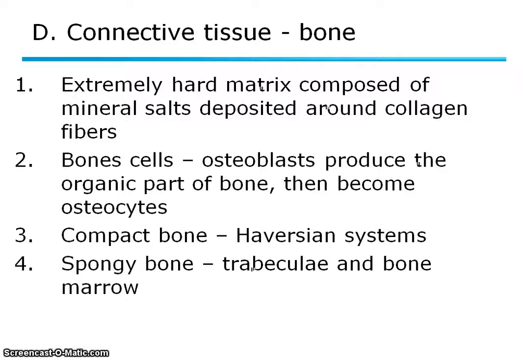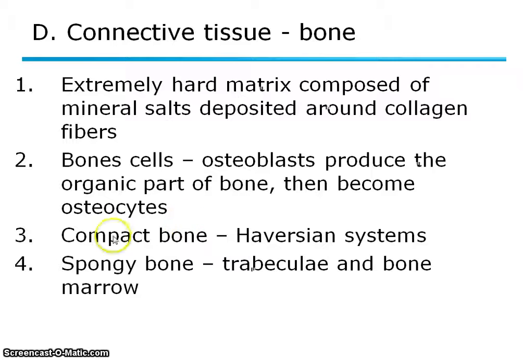All right, one of the final types as we head toward the end of our notes is bone tissue. I know people don't think of bone as being a connective tissue, but it is. It's an extremely hard matrix composed of mineral salts deposited around collagen fibers. There are bone cells called osteoblasts producing the organic part of the bone, and then they become osteocytes